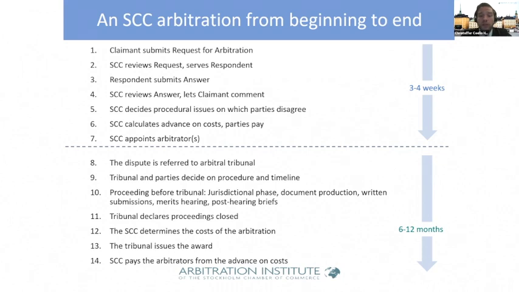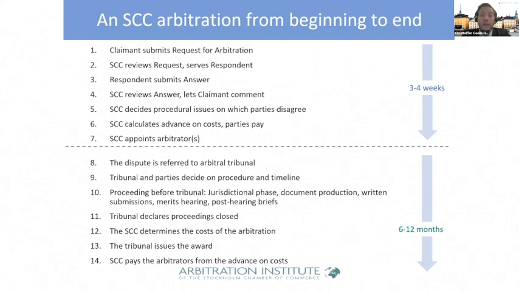Following these initial submissions by the parties, the SCC will decide on the procedural issues that are contentious in the case, if any. The SCC will also decide on the advance on costs to be paid by the parties. And the advance of costs is an administrative matter, but really a very substantially important matter as well in the dispute, as the advances are